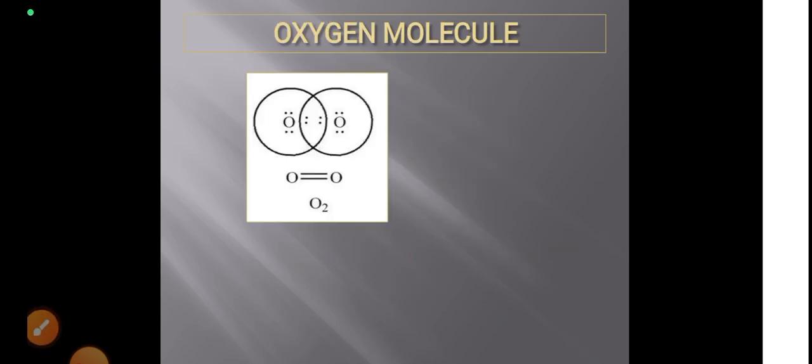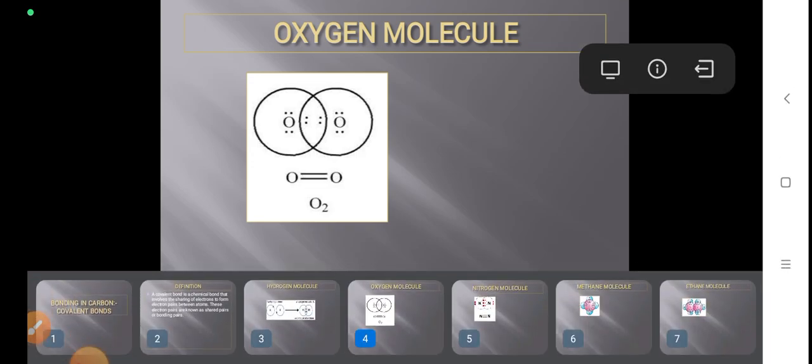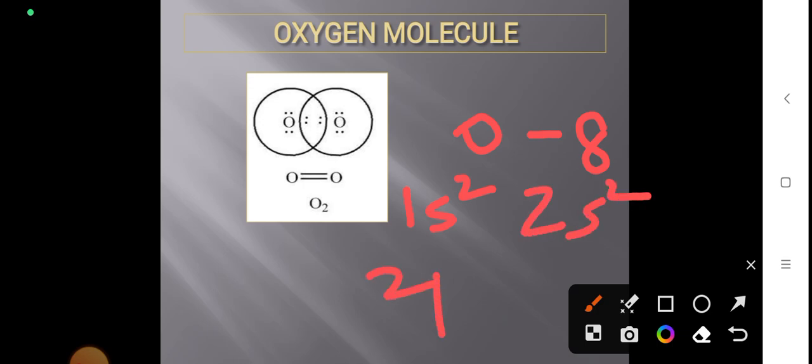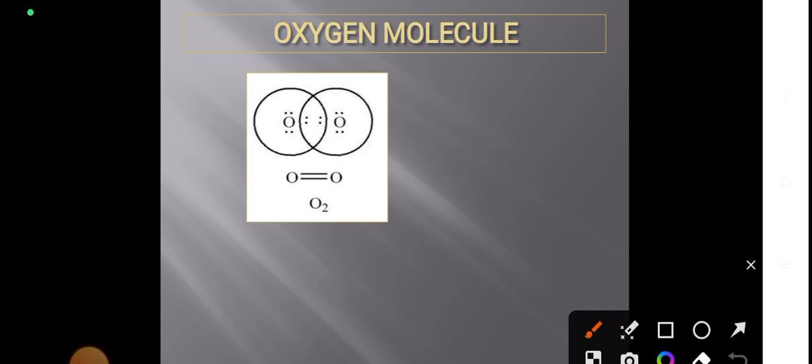Oxygen. We all know oxygen belongs to group 16 and it's the first element of group 16. It is also a non-metal. When we look at the atomic number of oxygen, we know oxygen's atomic number is 8. When you write down the electronic configuration, it is 1s2, 2s2 and 2p4. In that case, we can expect two lone pairs on oxygen,